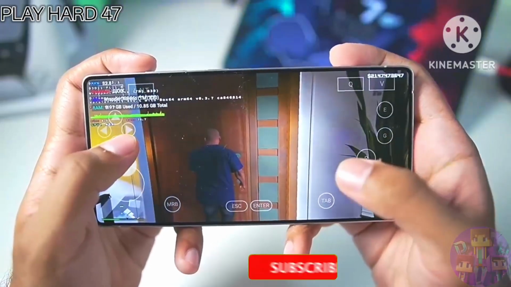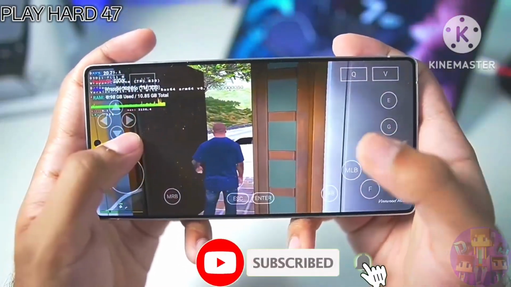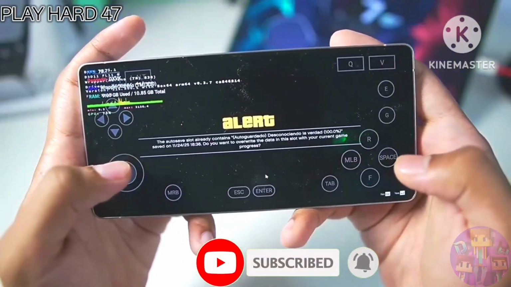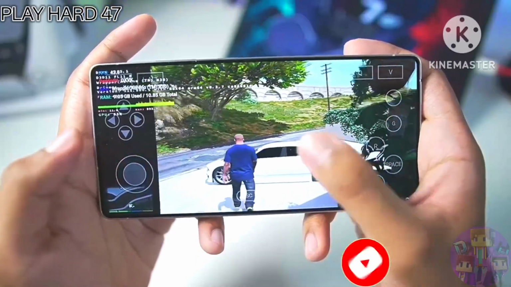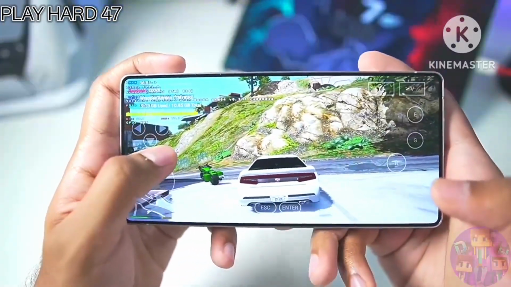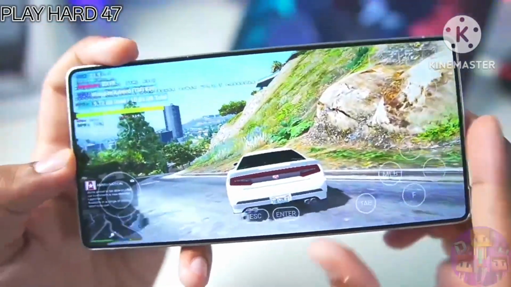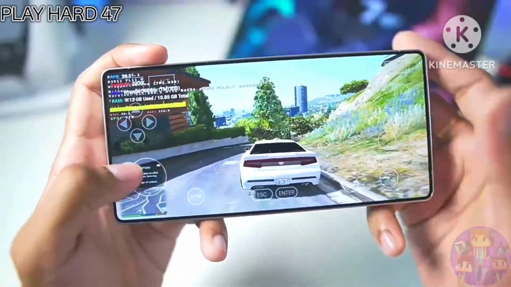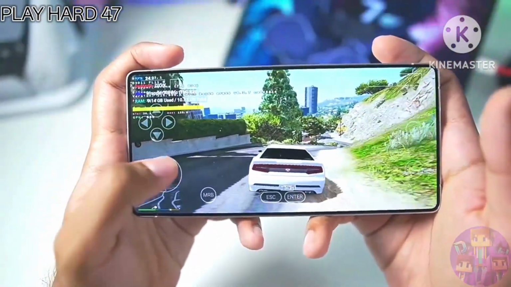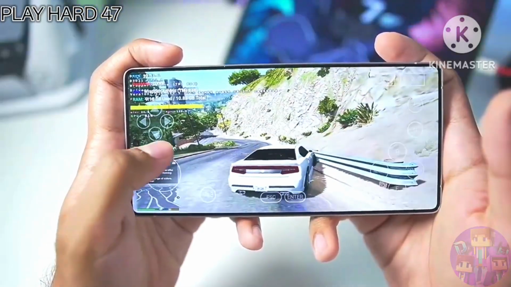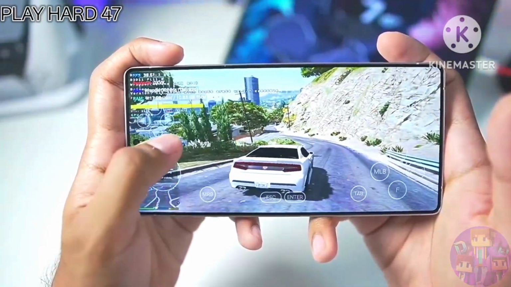Here we go, let's exit the house, and there will be some small stuttering issues here and there, but don't really worry about it. It's temporary until all the shaders are compiled. So now that we have entered the car, you guys will be able to see all the stuff such as shadows etc. have been downscaled. Even the graphics have been downscaled, but it has some graphics mod pack added so that our game looks a bit more vibrant than the normal GTA 5.